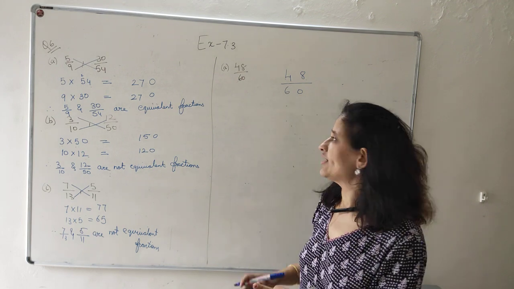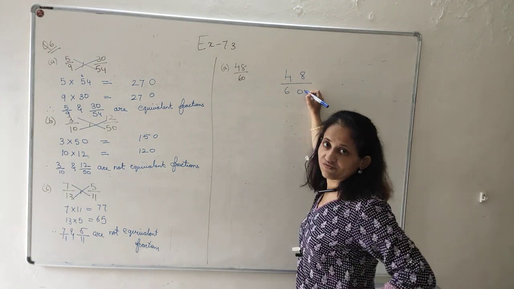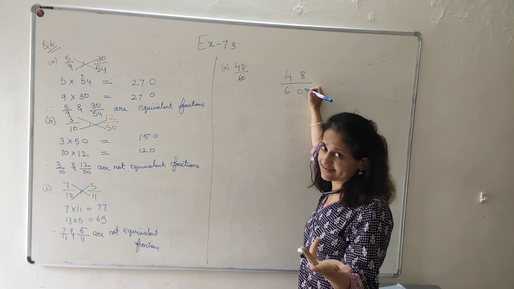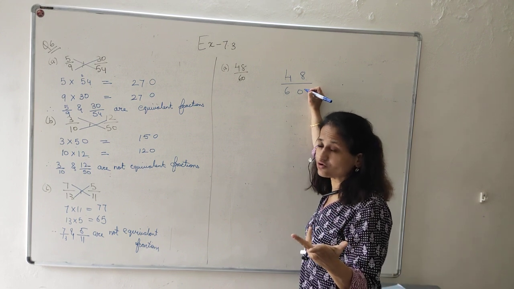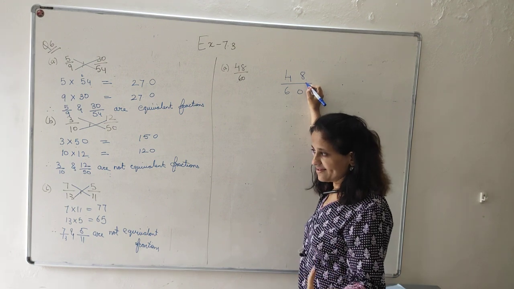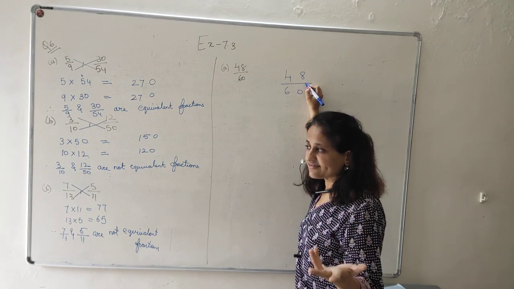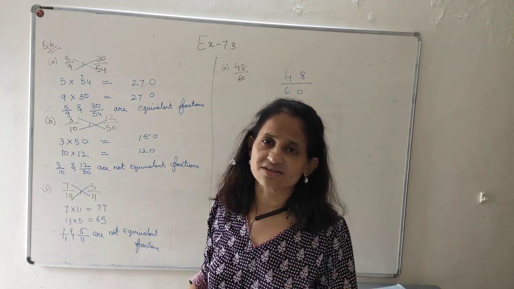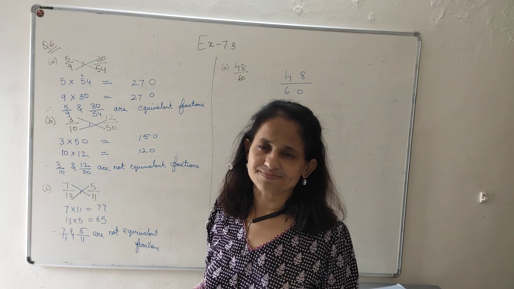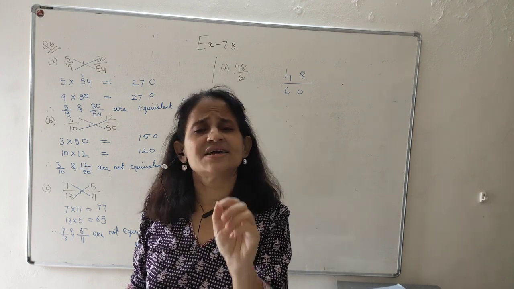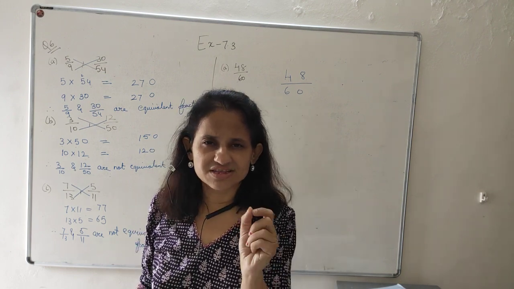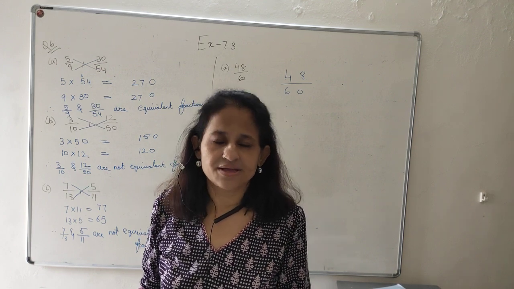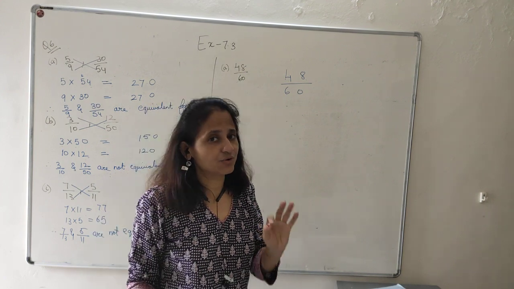Now, you have to find the common factor between 48 and 60. You will say 2, yes. Now you know the divisibility rules also. You will say 3, yes. You will say 6, yes. You can use any common factor between 48 and 60. But I will suggest that you use a bigger number, because the smaller numbers you use, there are more chances of making mistakes. But here I'll explain how to do it.